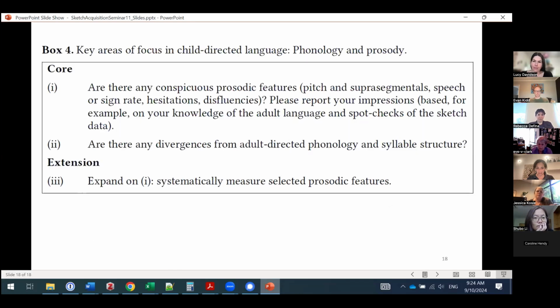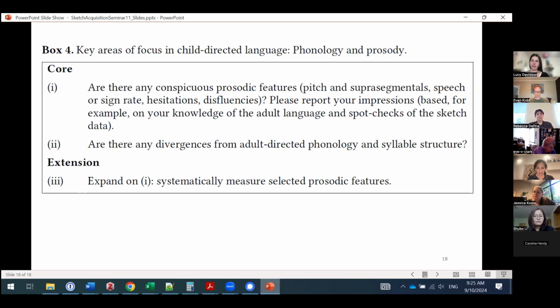So this is the core program in looking at child-directed language for phonology and prosody: to talk with the adults in the community, find out what they see as typical for their language for child-directed speech, and also use the cross-linguistically common set of features that are commonly found, and then use that as a springing off point for what to look for in the corpus, and do spot checks throughout the corpus